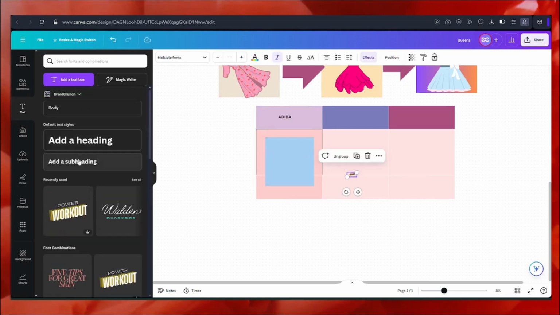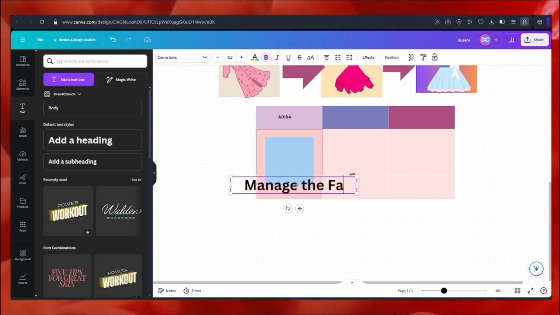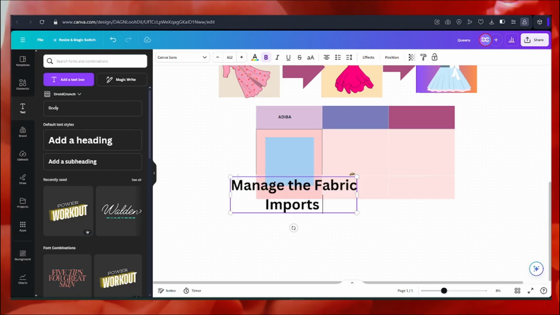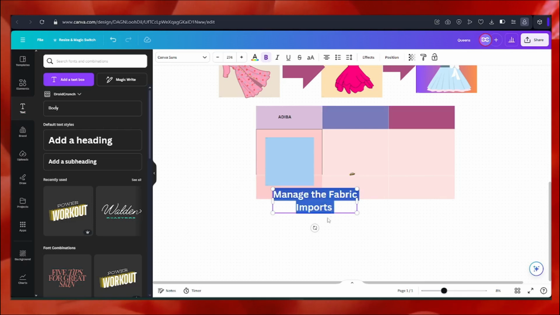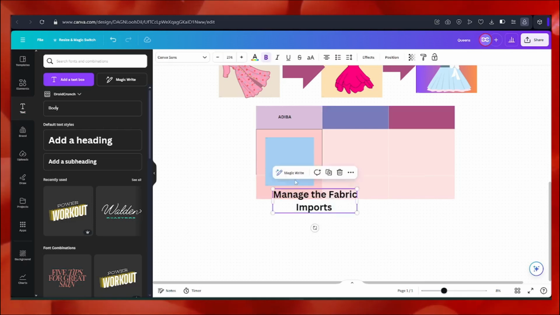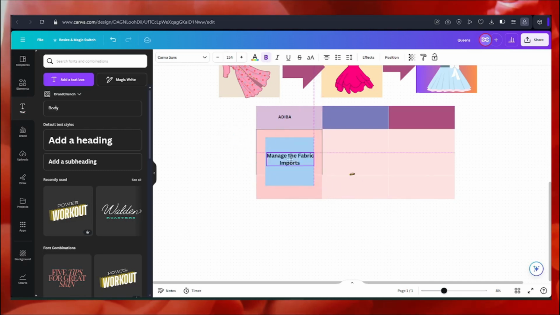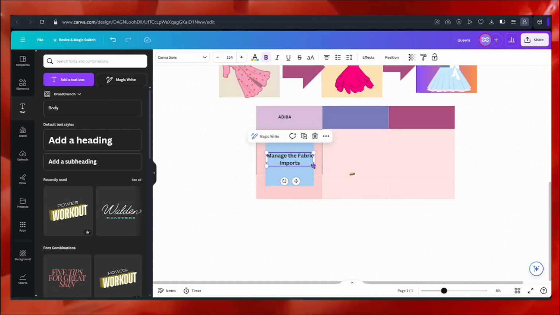Suppose she has to manage the fabric import. She has to manage the fabric import. I have assigned her the job. What is the role of Adiba in the marketing in the company, and I'll simply place it on my sticky note. In this similar way, I can do with the other parts of the table.